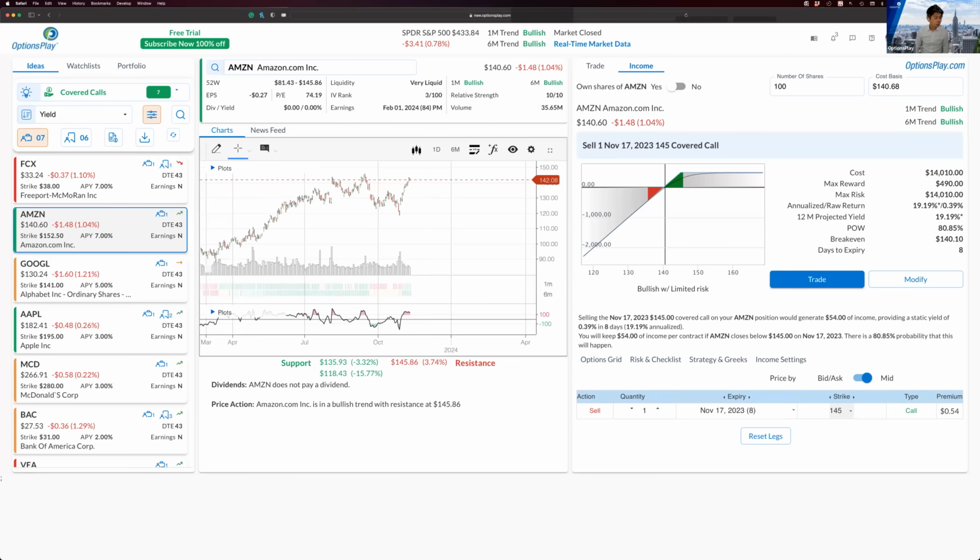Couldn't you roll out and up if it looks like the strike price will be breached? Absolutely. That's what we're saying, is that if you feel that the strike price will be breached and you want to continue to participate in the upside, you have to manage it by rolling it up and